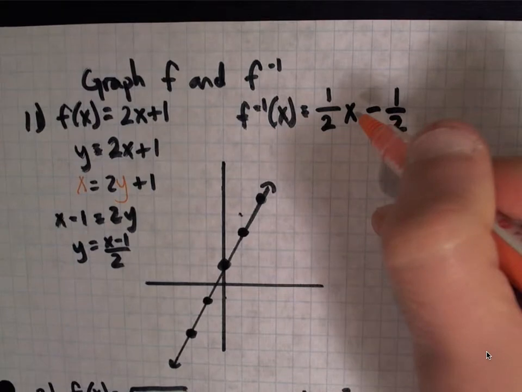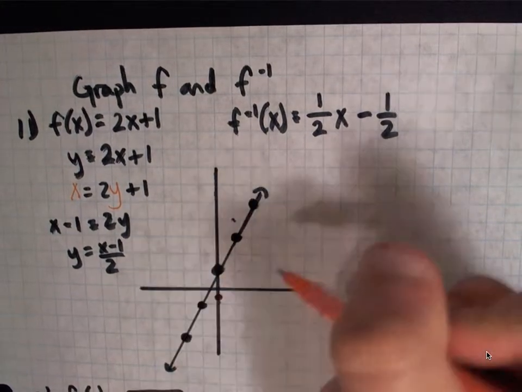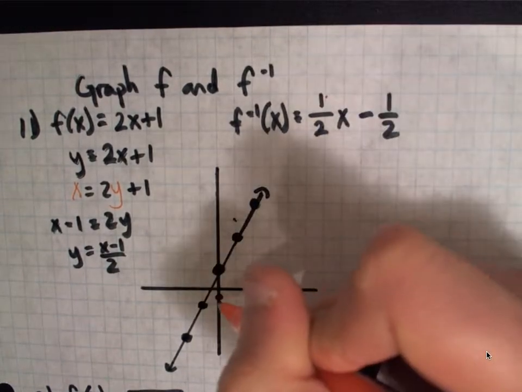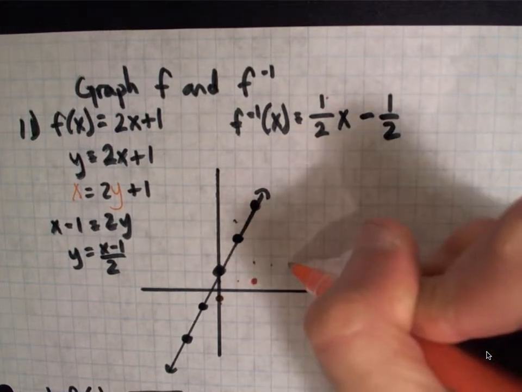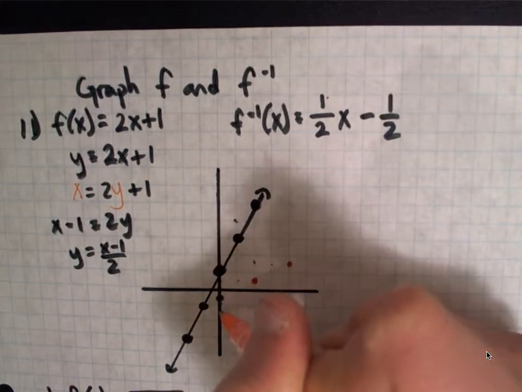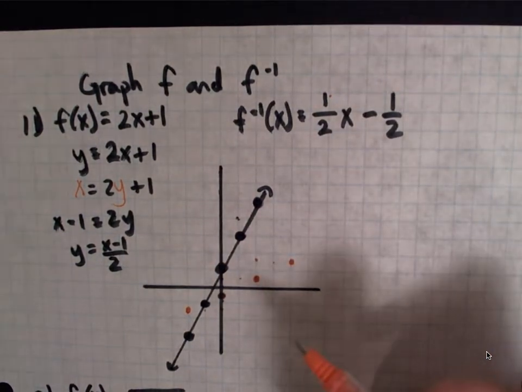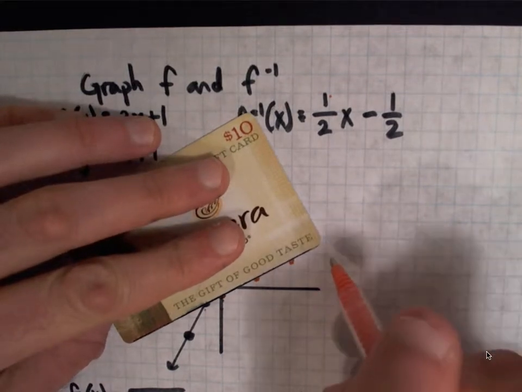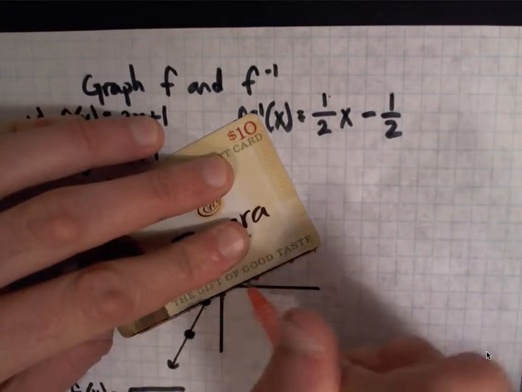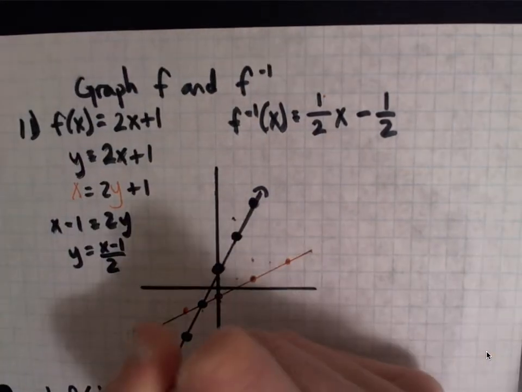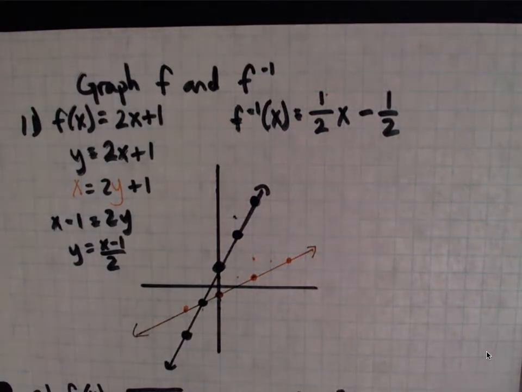And our inverse, so we begin with this negative 1 half, so we begin here, negative 1 half, and we're going to rise 1, run 2. So we're going to go up 1, right 2, up 1, right 2. We can also go down 1, left 2. And if we draw our inverse, free ad for Panera Bread there,